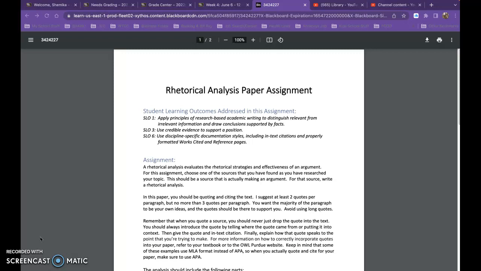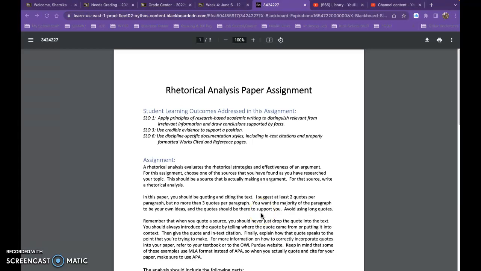I just want to talk really quickly about the rhetorical analysis paper assignment. It's one of those things where you have to really read all of the assignment instructions to make sure that you understand everything that's required for it. We're going to briefly go over everything that you need to make sure is in your paper. Pretty much this assignment itself is evaluating the rhetorical strategies of one of the sources